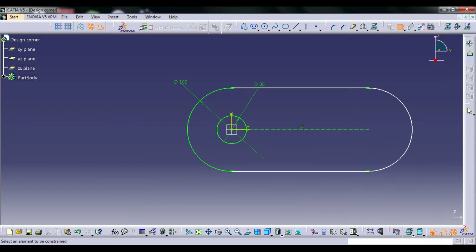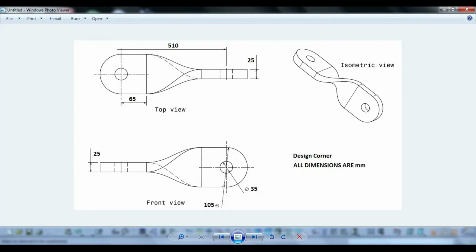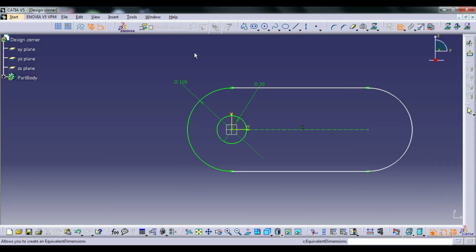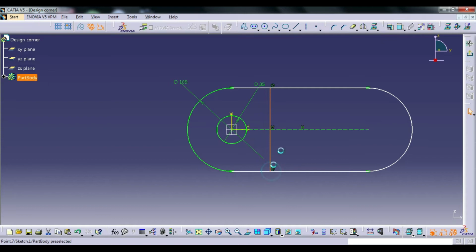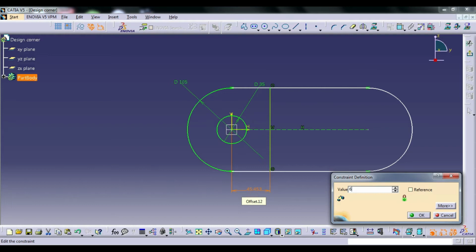And this dimension for the center hole to this part is 65 mm. So you draw one line, and give the dimension from this center to this line, 65 mm.